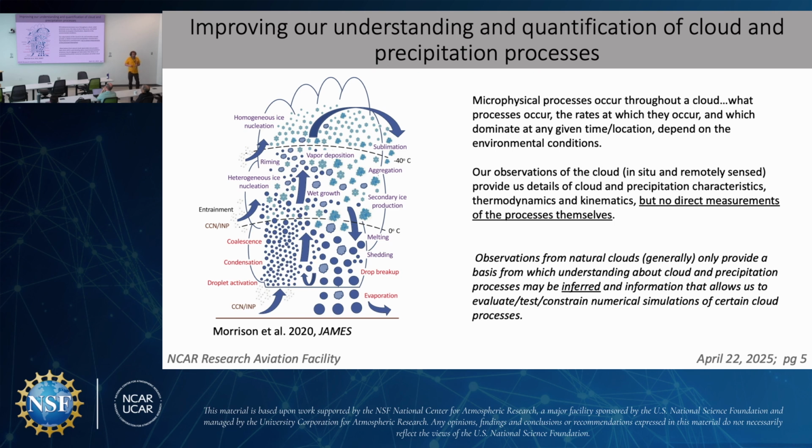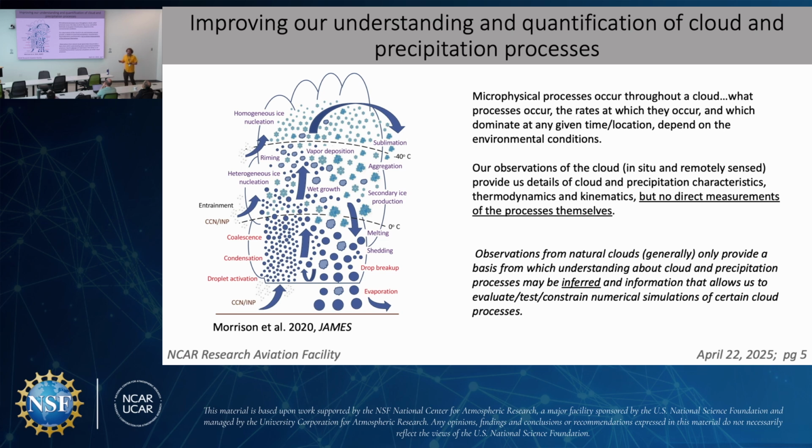We try to use those observations of the characteristics to infer something about the processes, maybe based on the partitioning of mass between liquid and ice, maybe the characteristics of the hydrometeors. That tells us something about the processes that lead up to it, but it doesn't give us the direct information of the processes themselves. So we can really only infer that information, and then we use that to sort of make educated guesses